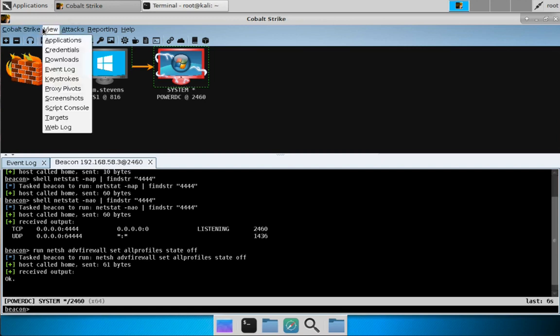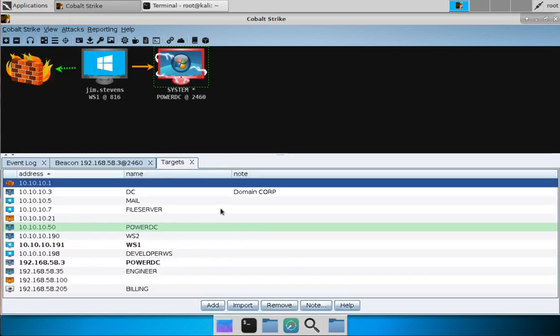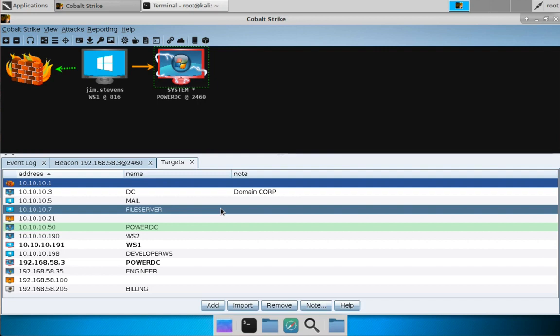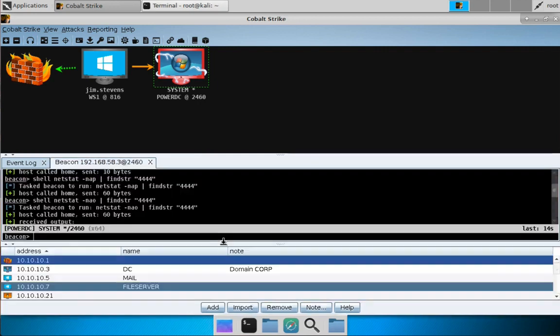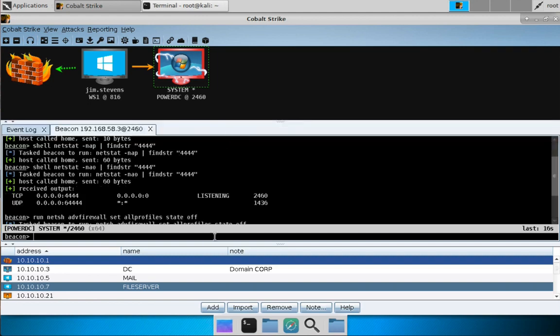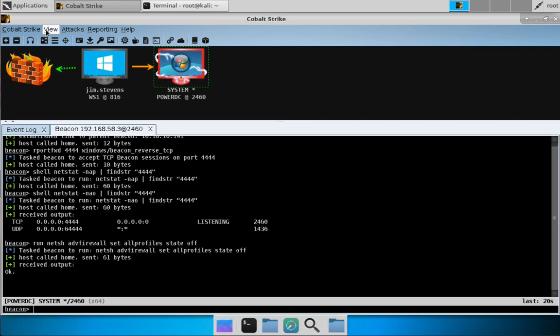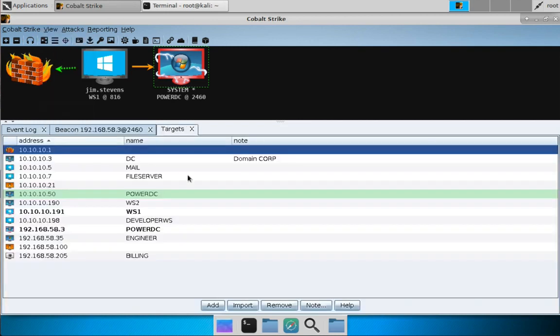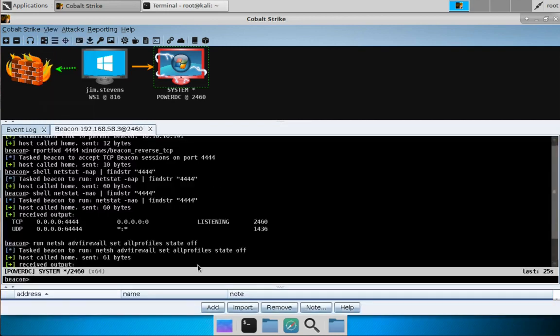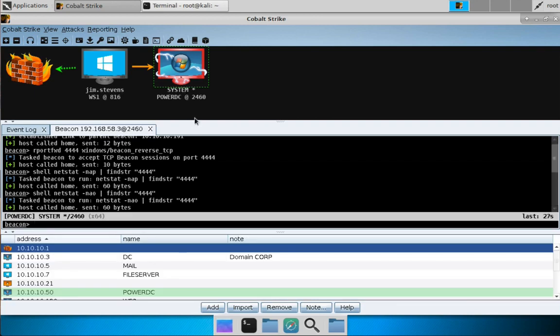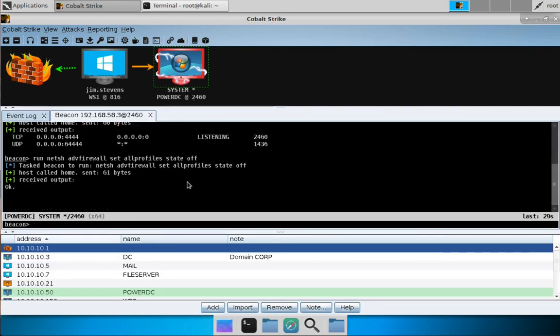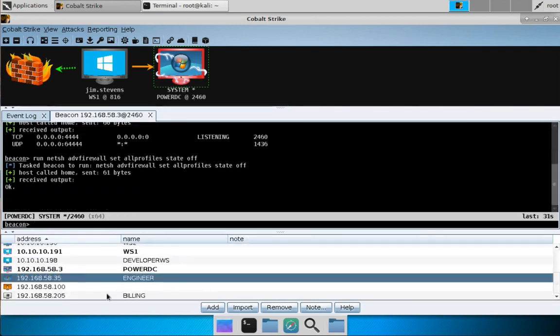Let's do this. Let's go to View, Targets. Let's do Control B to dock this tab to the bottom of Cobalt Strike. By the way, to get rid of that tab, use Control E for empty. So Control E gets rid of it. And if we go to View, Targets, again, Control B puts it back. B is in bottom, E is in empty. All right, cool. So let's go after